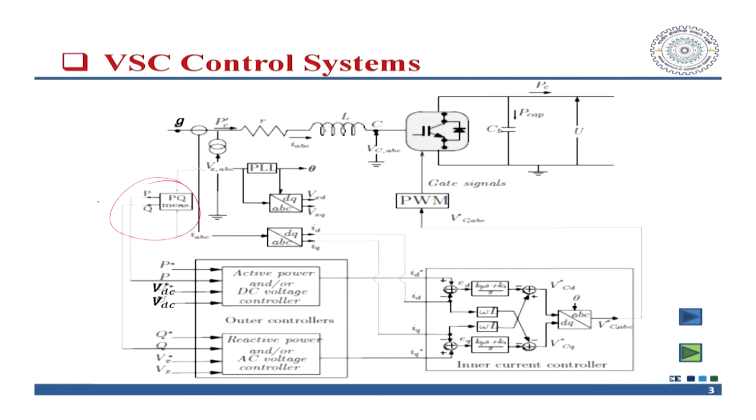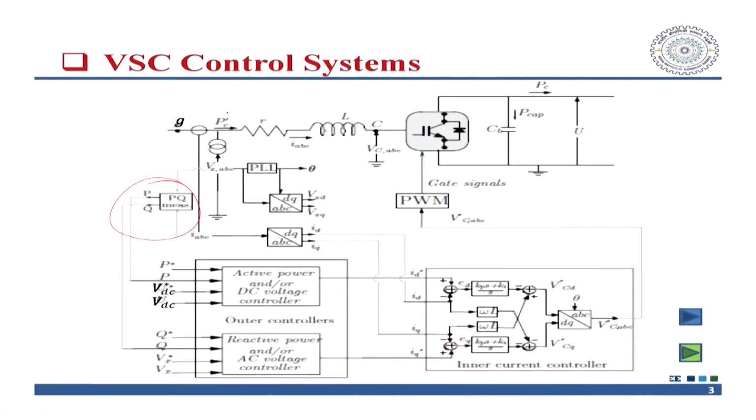We have talked several times about the PLL. Generally you have this point, called the point of common coupling, and from there you have a PT. This measures the voltage, and from there essentially you generate the theta. That is a very important component. Also, we want to transform all the quantities into the DQ frame. What is the DQ frame?